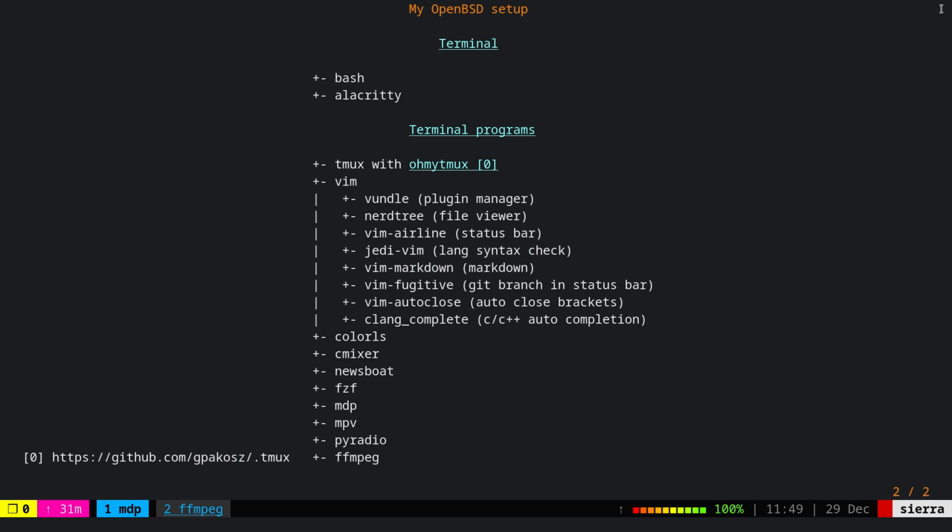And about the terminal programs, I use Tmux, and the bar that you are seeing here is Tmux. This is a setup that I borrowed from my Tmux. It's a Git repository, so you can actually go and clone it. It's very easy to set up. For file editing, most of the time in the terminal I use Vim, and I have installed a bunch of plugins